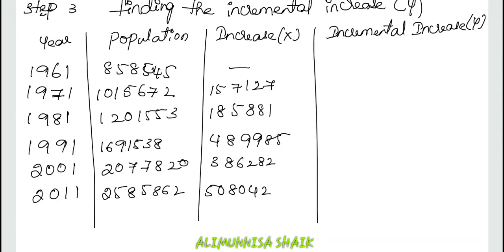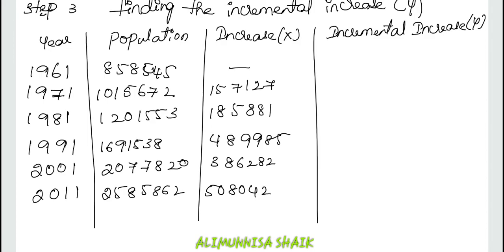Hello everyone. As we were discussing in the previous session, incremental increase method 2. In this process, we did increment x. So, till increment x is calculated. Now, today in this class, we will be continuing with incremental increase in y. We have basically calculated only increment in x. Now, what we are doing? We are doing incremental increase in y.